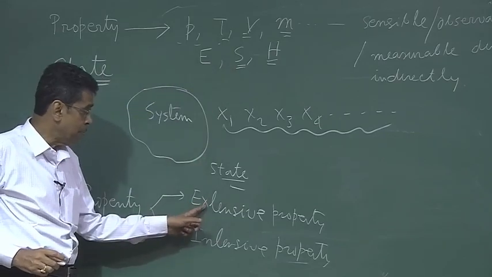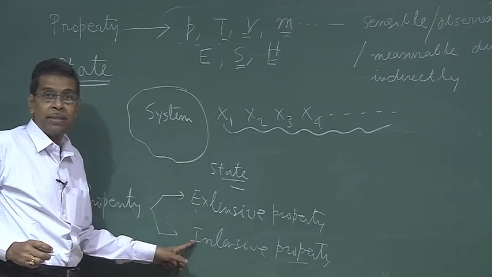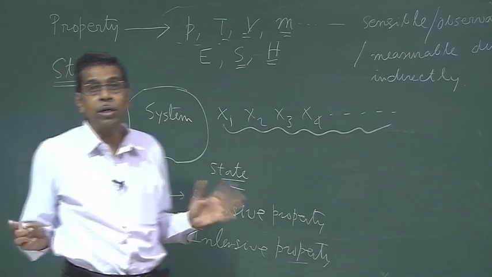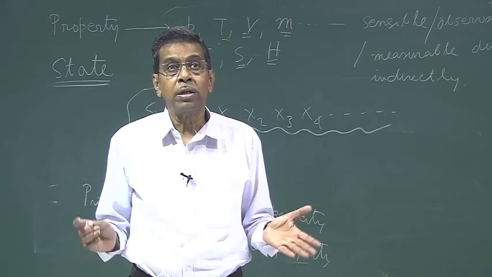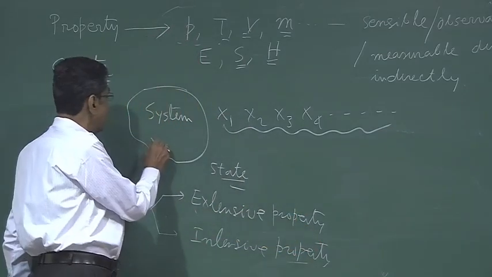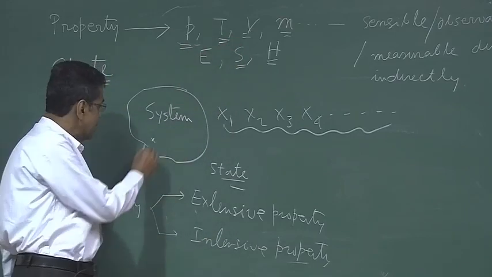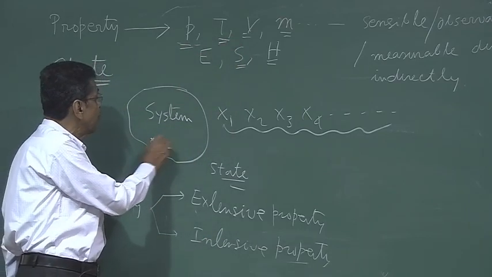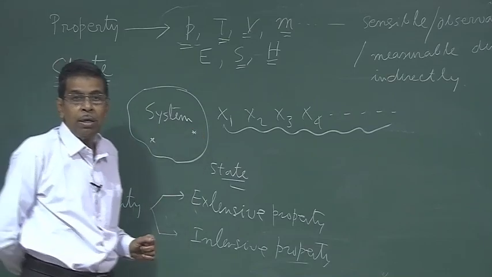So extensive properties are those properties which depend on the mass, whereas intensive properties are those properties which do not depend upon the mass, which do not vary with the mass. But at the same time, this can be defined at a point. For example, pressure and temperature are intensive properties. Pressure can be defined at a point, temperature can be defined at a point, and they do not depend on